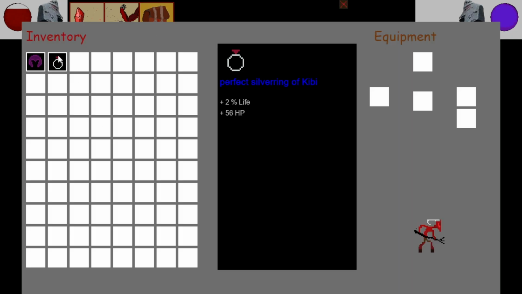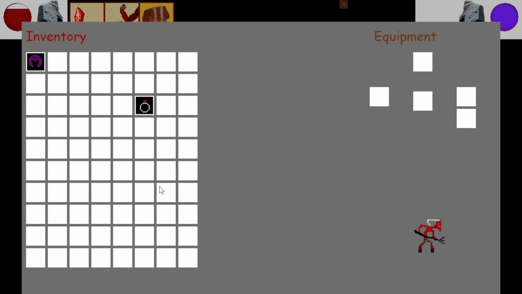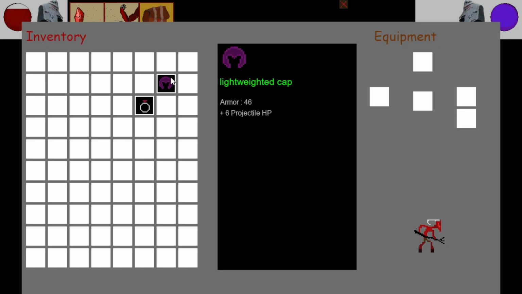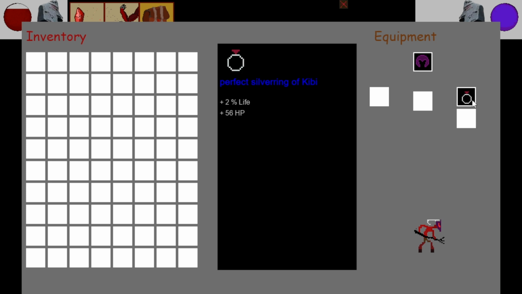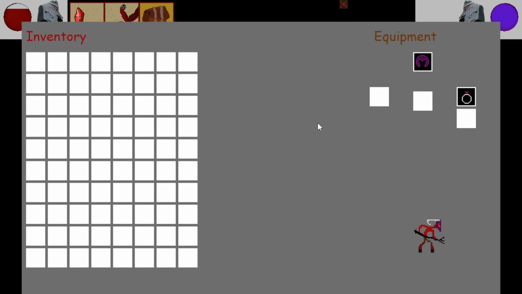And we can even collect some items, and I can show you how I did it with the inventory. We have a simple inventory. In the next video, I will get more into the items themselves. We have an inventory with items, and we have an equipment on the right side. If I click on an item, a variable named mouse container will take the item and contain it, and after I click on a spot where the item can be stored, the mouse container will drop the item to the spot. Here it is a spot of the equipment from the inventory.